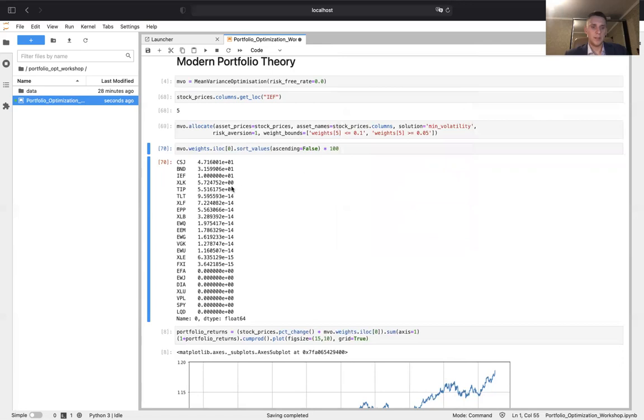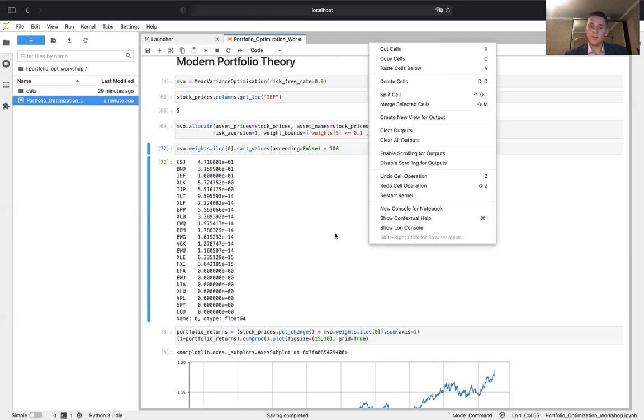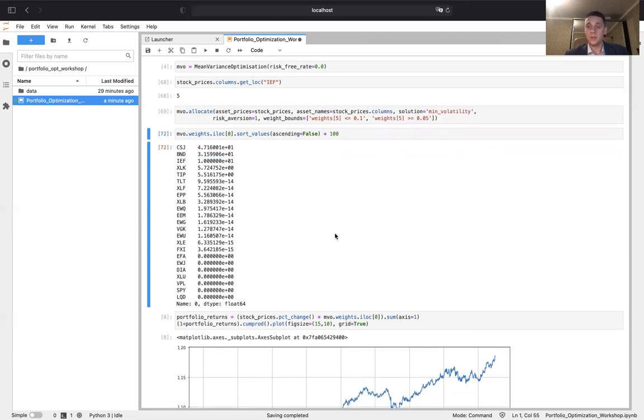So what we can see here is that the weight for IEF stock equals 10%. It is shown in scientific notation. As you can see here, it is 10%, as it was constrained in our weight bounds. So you can use modern portfolio theory to generate portfolios based on your specific constraints. And you can actually use pandas to quickly generate